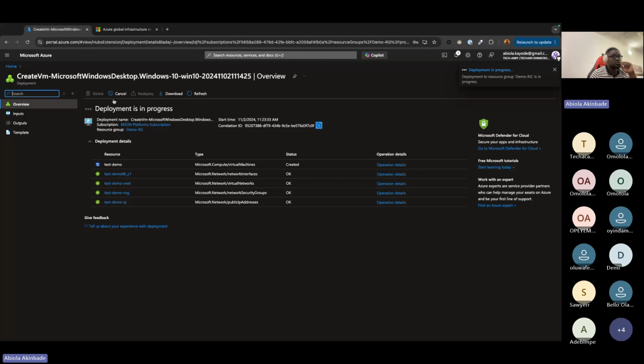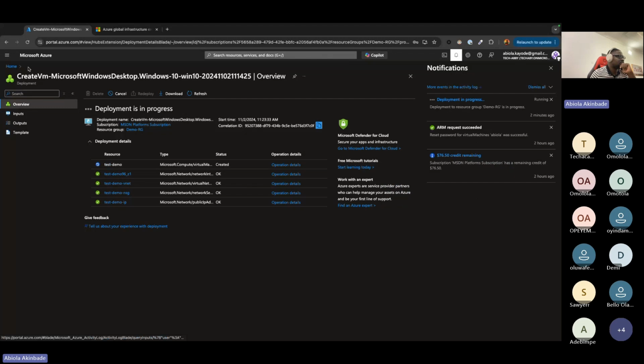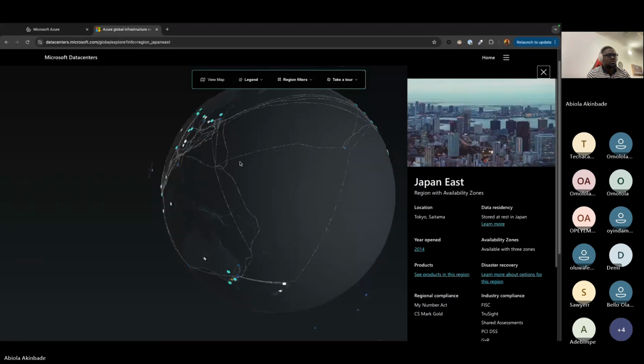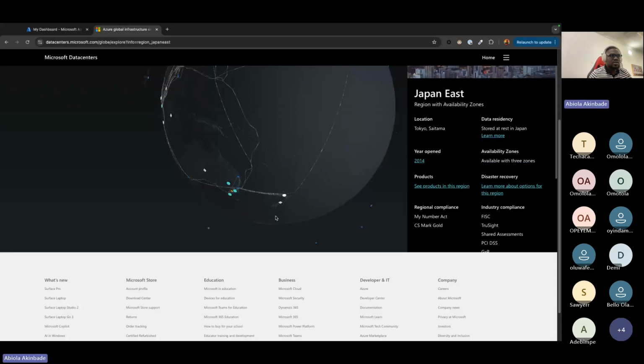So while we are waiting for our VM to deploy, sometimes it takes a few minutes depending on availability, size, and so many other factors. So this is the last thing that is left. I think that's been created. Still in progress, still should be in progress. So in the meantime, you can still look at our